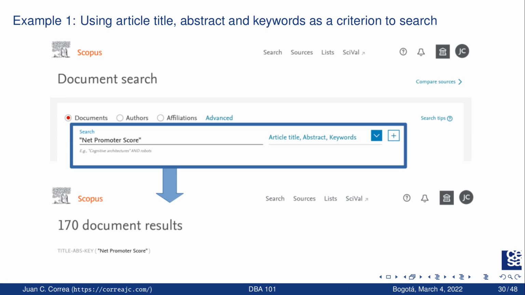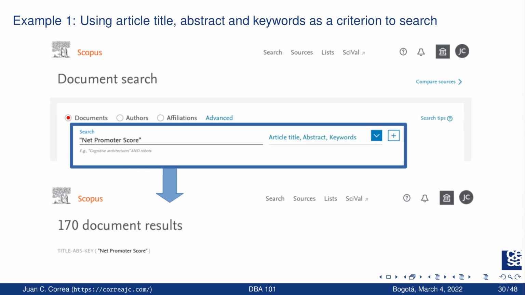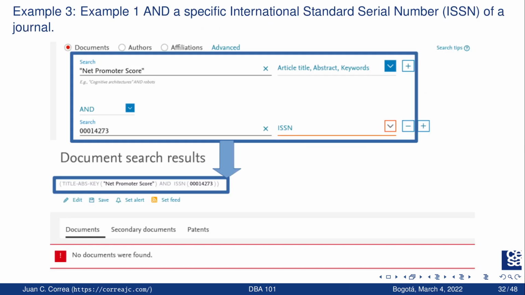But if I change the criterion, for example writing Net Promoter Score once again, but now you see that I put that these three words should be present only in the article title, instead of retrieving 170 documents, I got 29 documents.